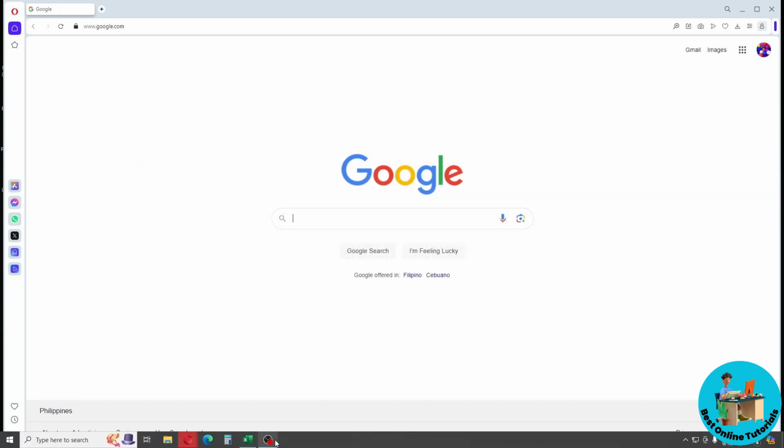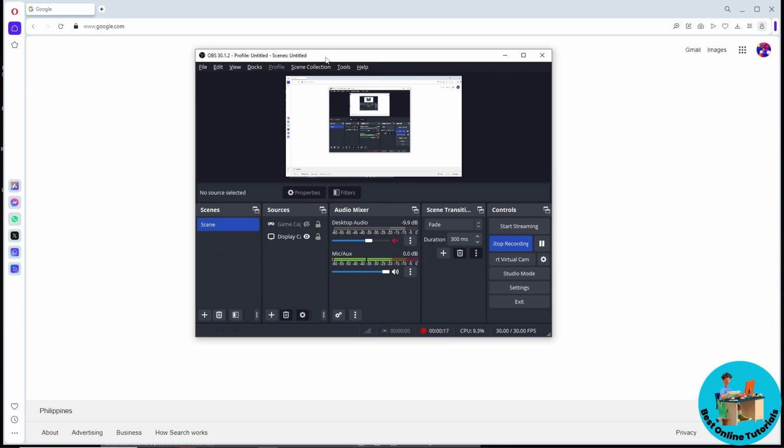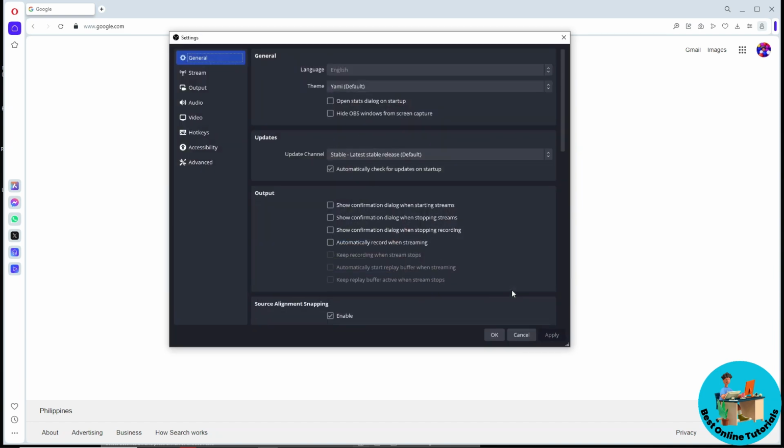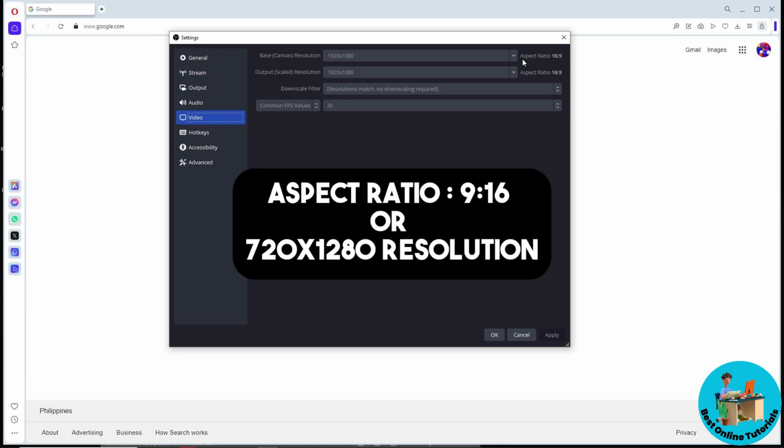So first thing that you will do is simply open up your OBS, guys. And from here, just simply go ahead and go to the settings over here. And after that, just simply go ahead and go to the video. And from here, guys, just simply go ahead and change the aspect ratio over here as a 9 by 16